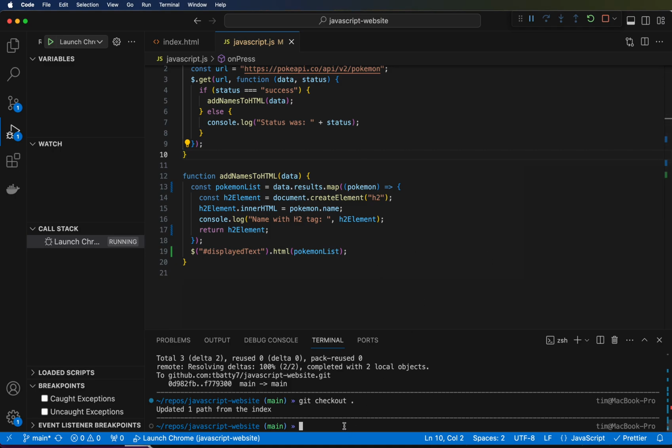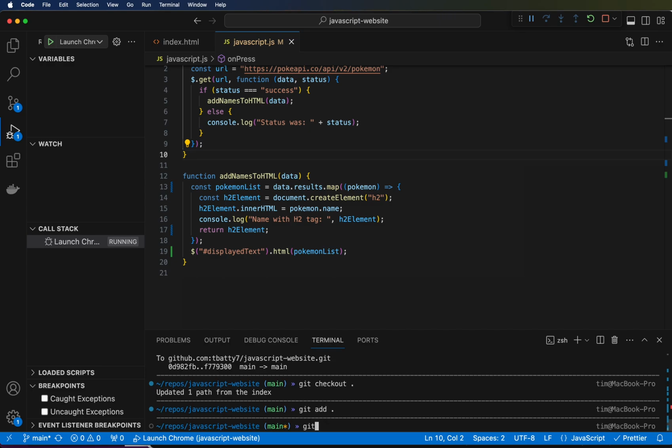So now, as always, we want to do a git commit and check in. Git add first, git commit -m, fix ever growing list of names,